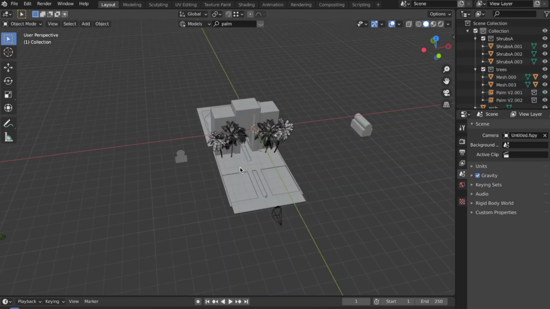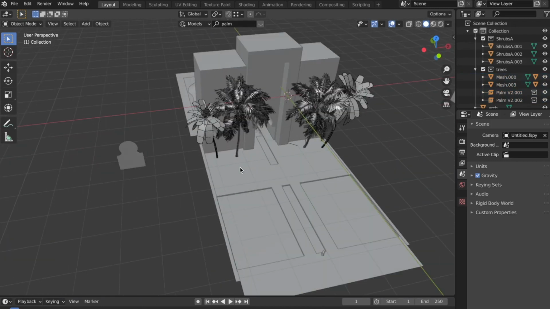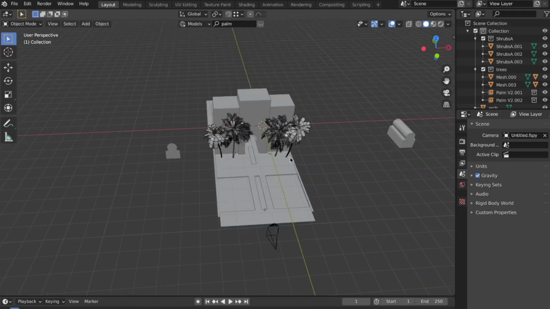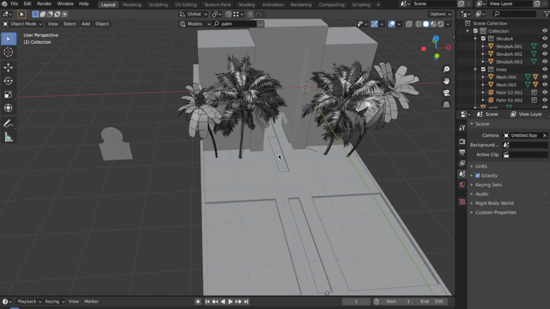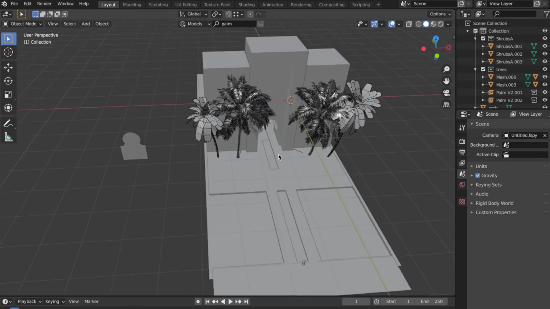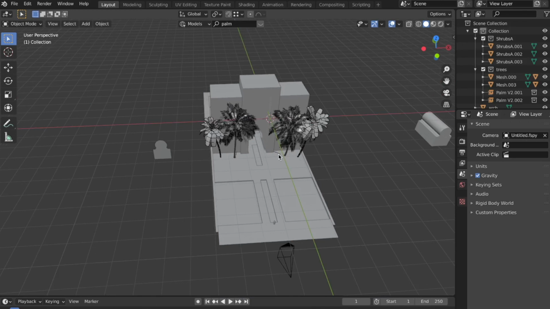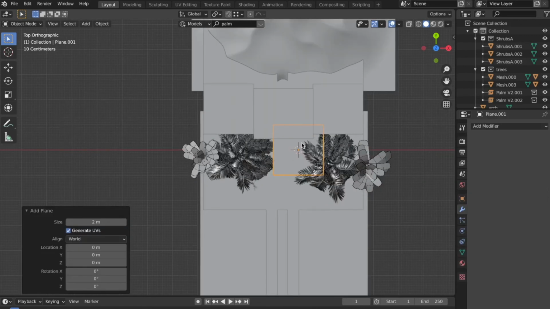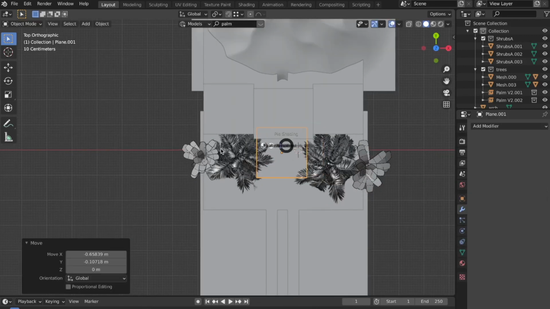Now to add shrubs into the scene, it is a very simple procedure. We can also place them randomly at different spots along the wall. But in our case, I will use the particle system settings to create a random number of shrubs in random positioning. For that, I will go into the top view, and from here I will add a plane which will act as the particle emitter.